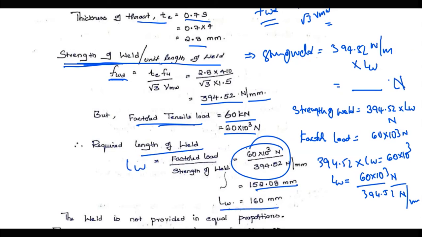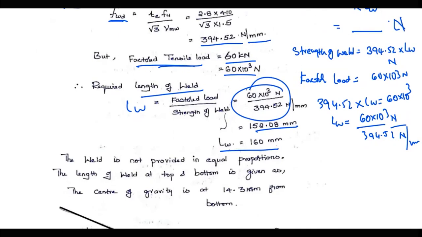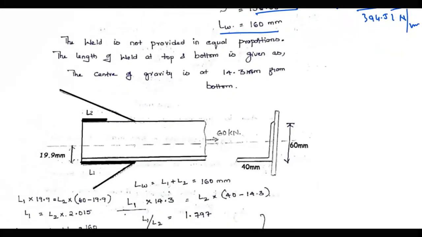So LW can be approximated, rounded off to 160 mm. But remember, this is an angle section, as shown in this figure. This is how it is welded. See, here it is weld, and here we are going to weld it. Okay, so this is weld